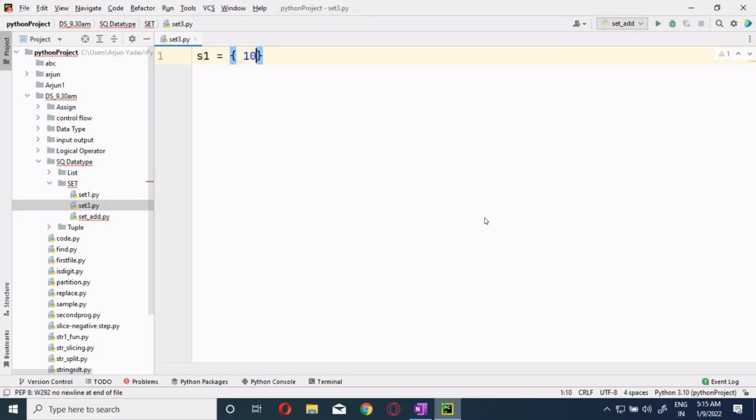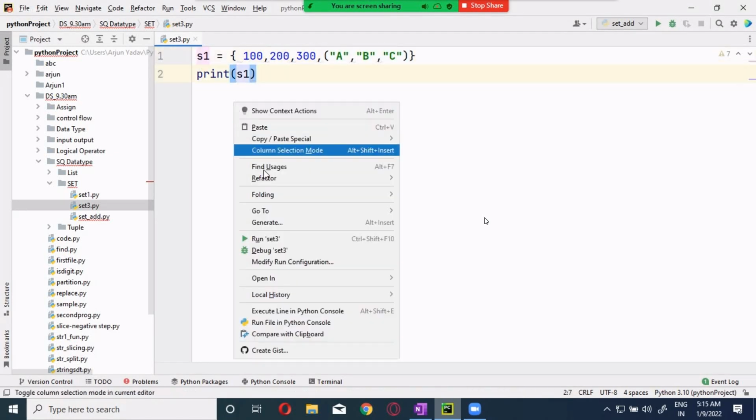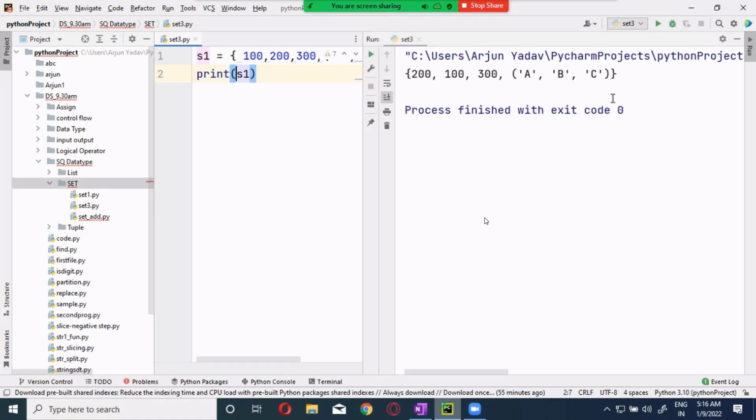Now I'm giving 100, 200, 300. Let me finish off this hashable type. Now here I'm giving it A, comma B, comma C. Remember. Now, is this possible? Yes, this is possible. Why? The nested part is a tuple. So tuples are immutable, so it is possible. Now you can see this. It can be done. No problem about that.